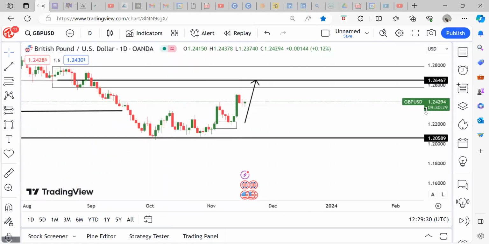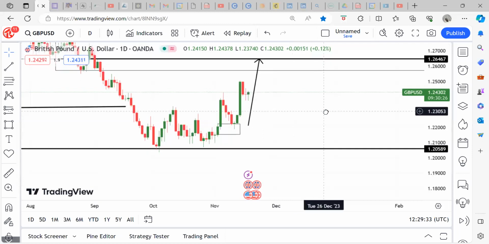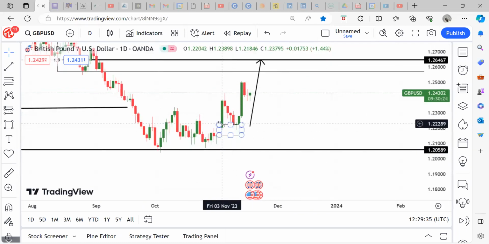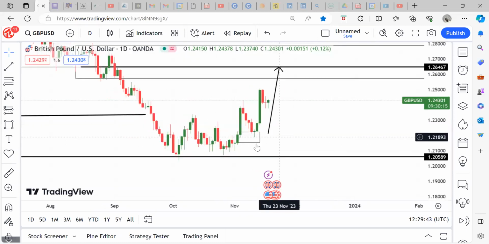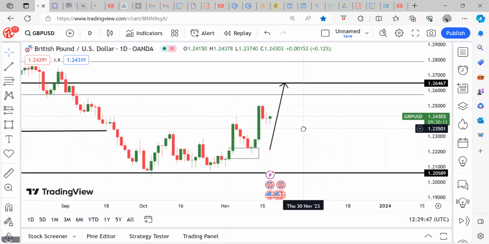So after looking at it here, I now saw a pullback to fill this fair value gap and dip into this supply, sorry, this demand. So I bought GBPUSD, yeah. I've already taken partial profit at the buy. I'm going to offload my whole profits somewhere around here. So that's the whole analysis for